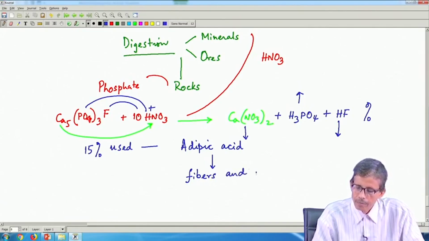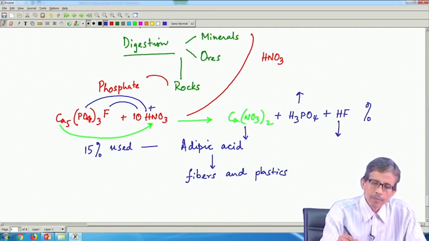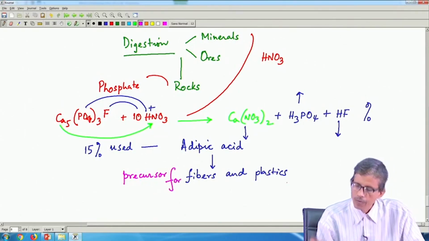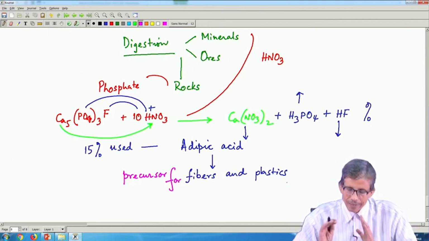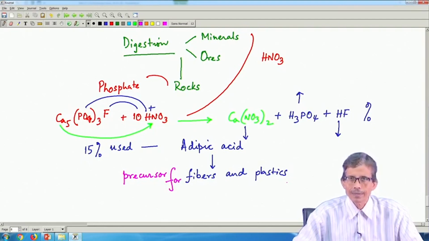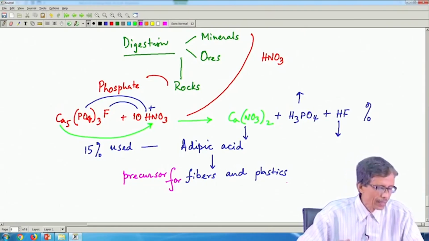and plastics. So, making of fibers and making of plastics are dependent on this, because adipic acid is the precursor for fibers and plastics, and the production of this particular adipic acid is dependent on your nitric acid. So, nitric acid should be the chief or main constituent for the production of adipic acid,